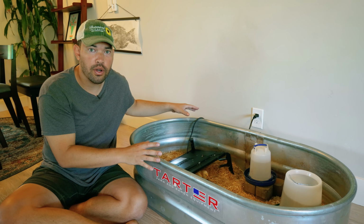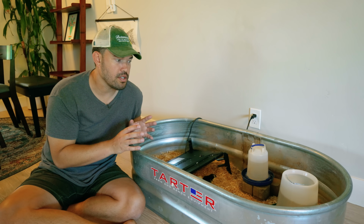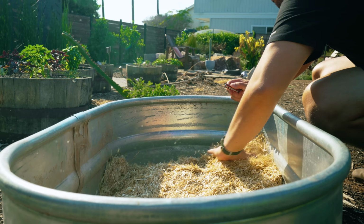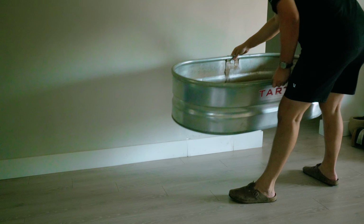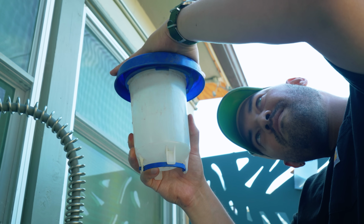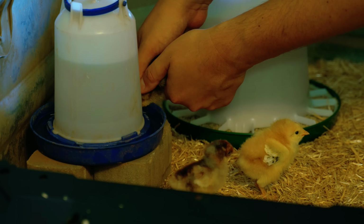up the brooder yet again, and I made a couple changes from the very first time that I raised chicks. Nothing too crazy. So I used some shredded straw, fine shredded straw, not a lot of dust particulates in it, as our base for the bedding. And then I pretty much have the same setup that I had for water. So I have this little waterer right here, which I've put up on a block. In day 1, I'll show you what I do to make sure that they know that that's where the water